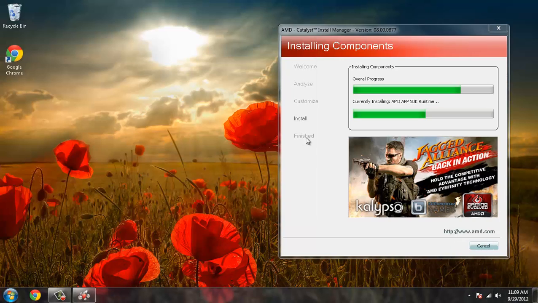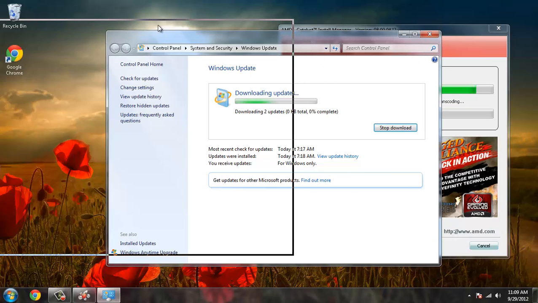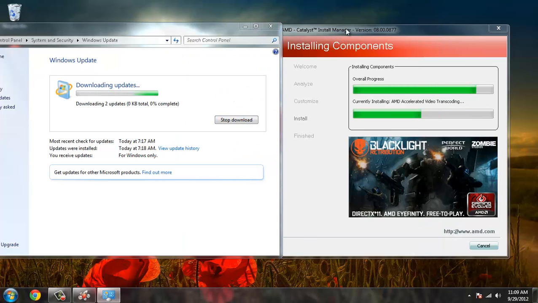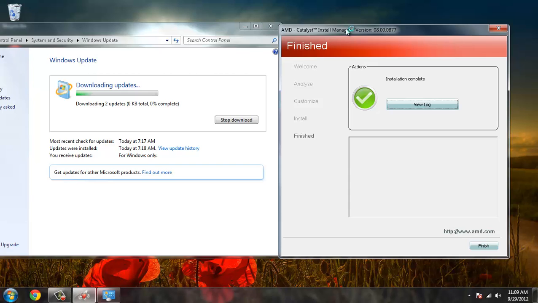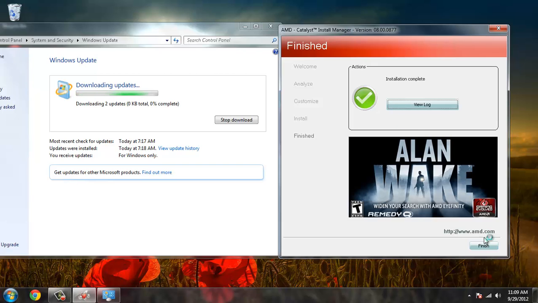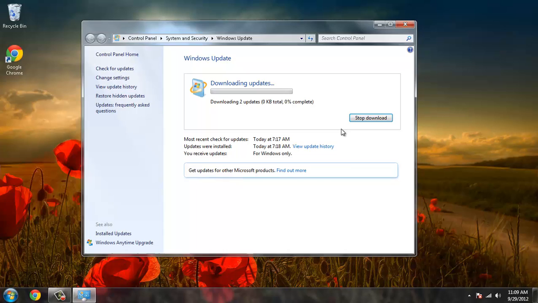Alright, so after Windows Update is done and the AMD thingy is done, oh, that's done. We have just 2 drivers left to install, which are taking 50 years. But as you can see, installing drivers is not the hardest thing in the world. You just go to your manufacturer website or Google your parts. You download the files, you run them, and then you finally have completed the process of connecting your hardware to